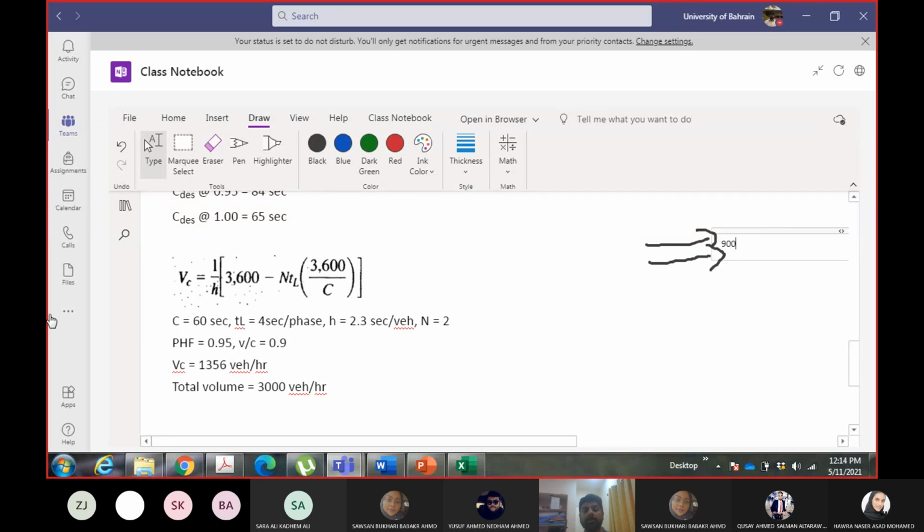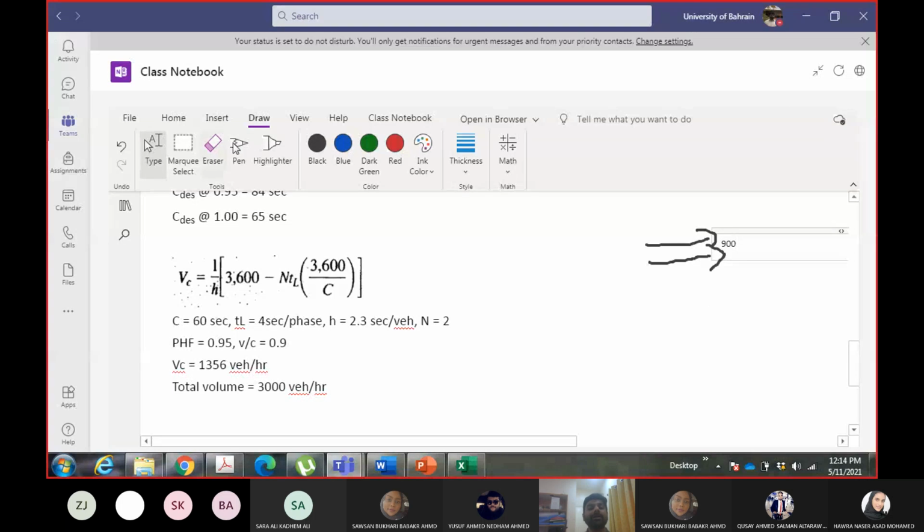Total was 1800. We divide into 2 lanes, it will be 900 from each lane. So now I don't have to design a signal for 1800 vehicles. I will only design it for 900 vehicles in this direction, because the other 900 are going from the other lane simultaneously. So my volume in east-west direction will become 900 instead of 1800.